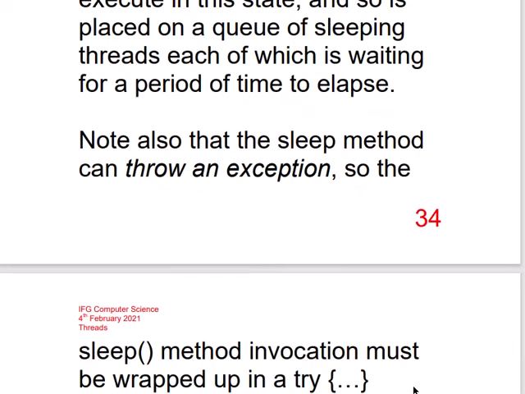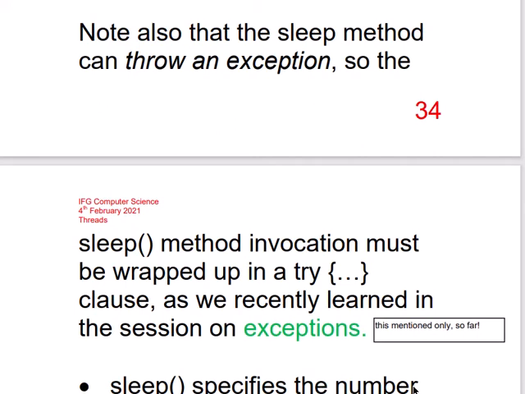Note also that the sleep method can throw an exception, so the sleep method invocation must be wrapped up in try and catch, in case anything goes wrong putting a particular thread to sleep. We're going to learn a lot more about exceptions in the very near future,